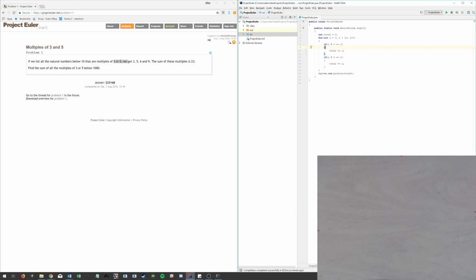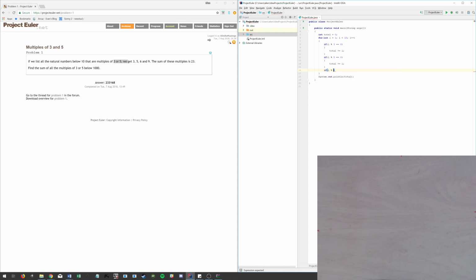And this will happen with every multiple of 15, because each multiple of 15 divides 3 and it divides 5, so it gets added twice. So we are double counting the multiples of 15. Now there's an easy way to fix this. There are a few ways to fix it, but the way that I will include here is we will say,